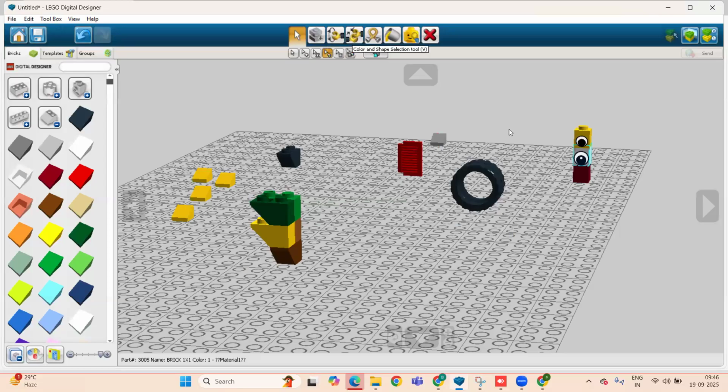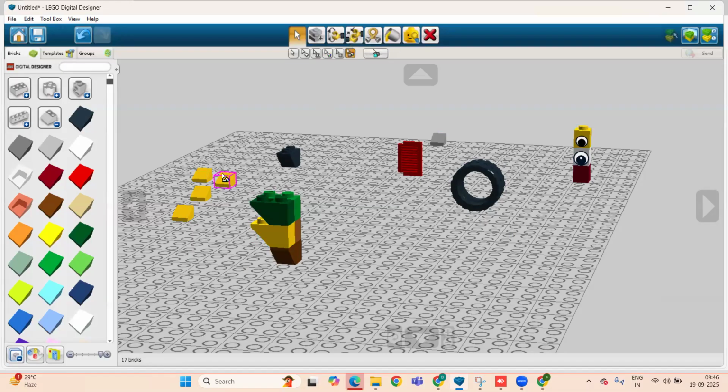Okay, so this gray color is different. I'm taking another one. For example, I'm taking yellow color again. So you can see all yellow colors are selected. This yellow, these are all, right? All are selected through the color tool. But if I'm taking color and shape, then at that time, what happened?